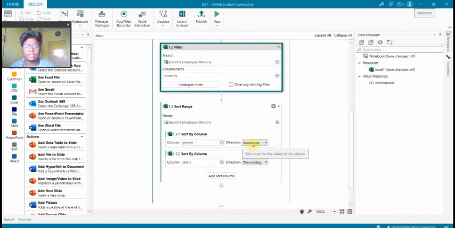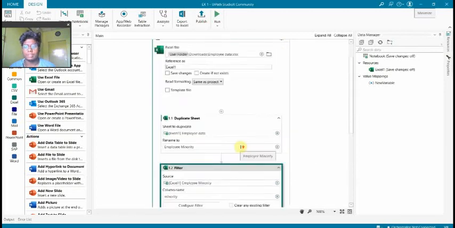We need to get the ascending order, which means the alphabetical order: firstly female and then male, because in alphabetical order F is smaller than M. So first we need to get the F, and then we need to get the M, line-wise, and then I again sorted by the column of salary, which is in descending order. That means firstly the highest salary to lowest salary within each gender.